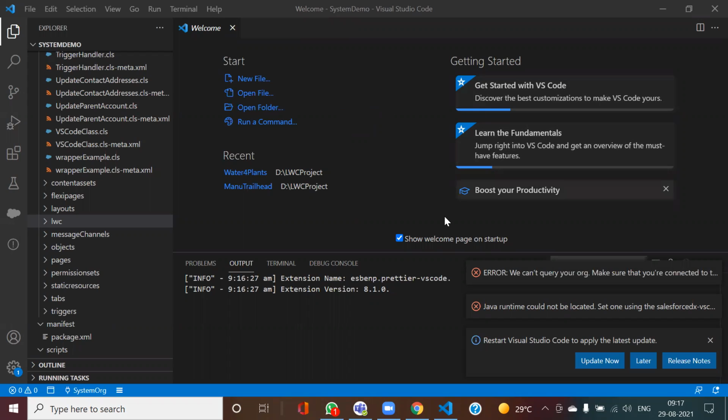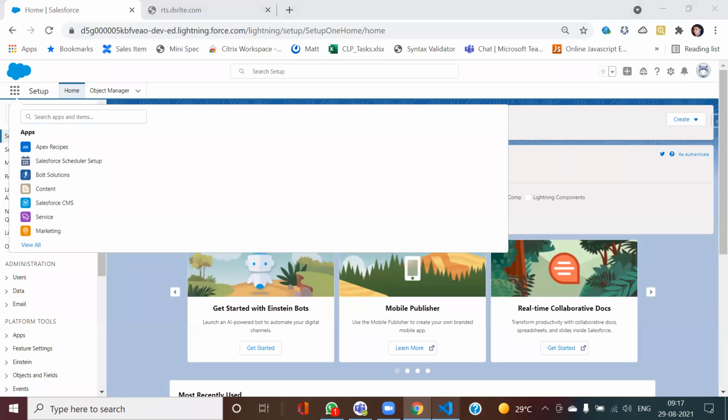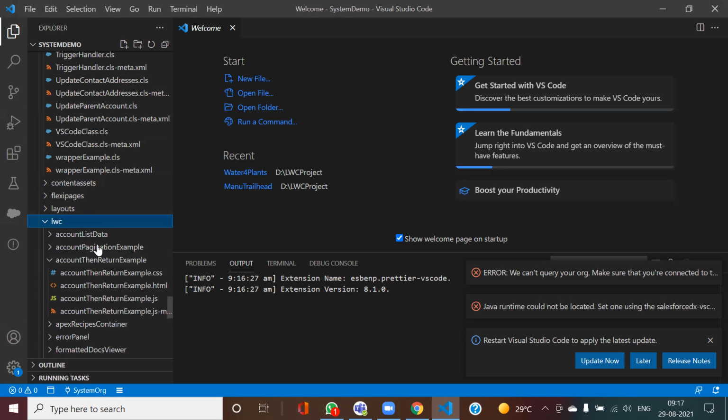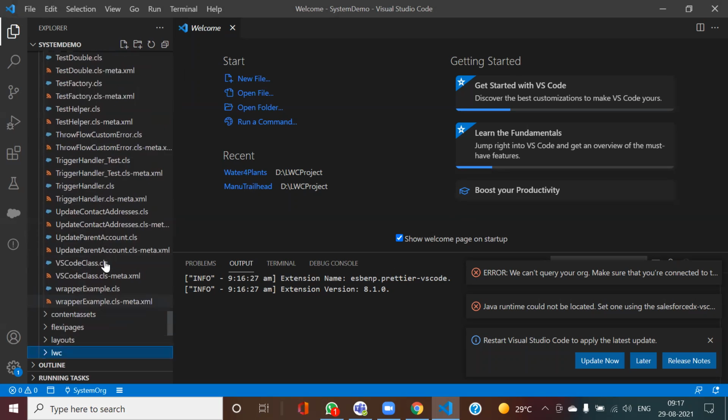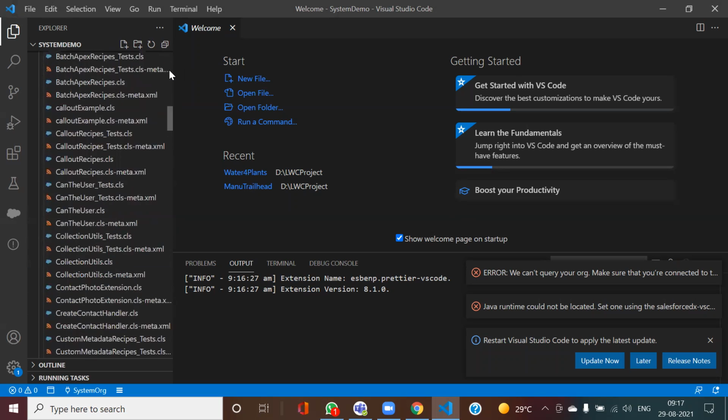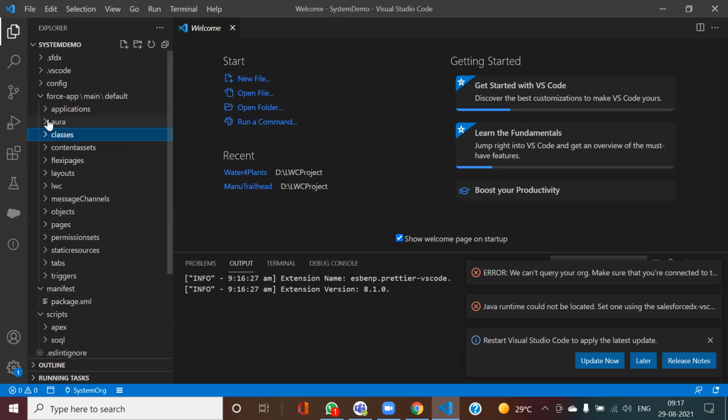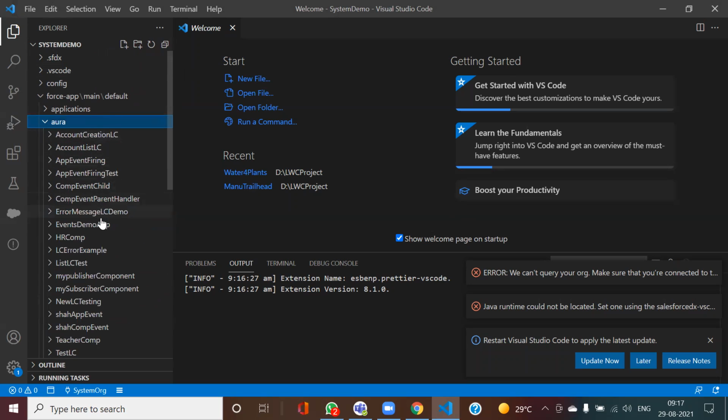So here, if you see, I created some Lightning Web Components. You can distinguish them in your org also. First of all, in VS Code, you can see this LWC tag, whereas for Lightning Components you will see this Aura.